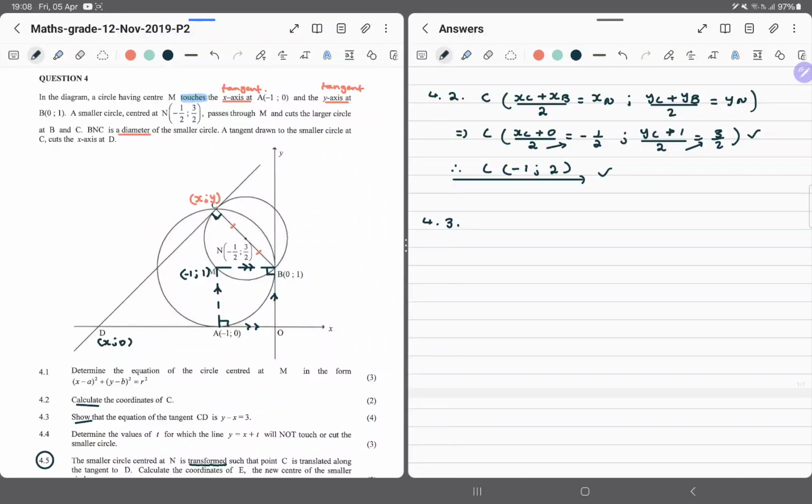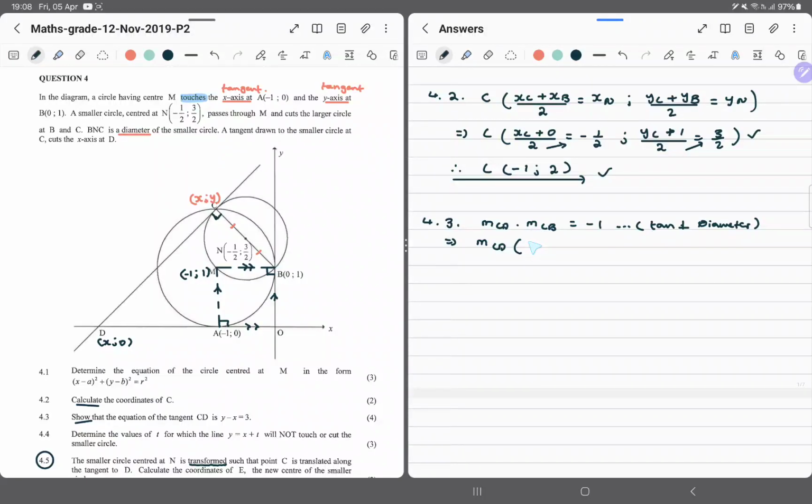But we also know something, that look, the gradient of CD multiplied by the gradient of CB is going to give us minus 1. How do we know that? We know that essentially the tangent is always perpendicular to the diameter. Okay. So that's easy. Now this implies that the gradient of CD times, now we need to calculate this gradient,